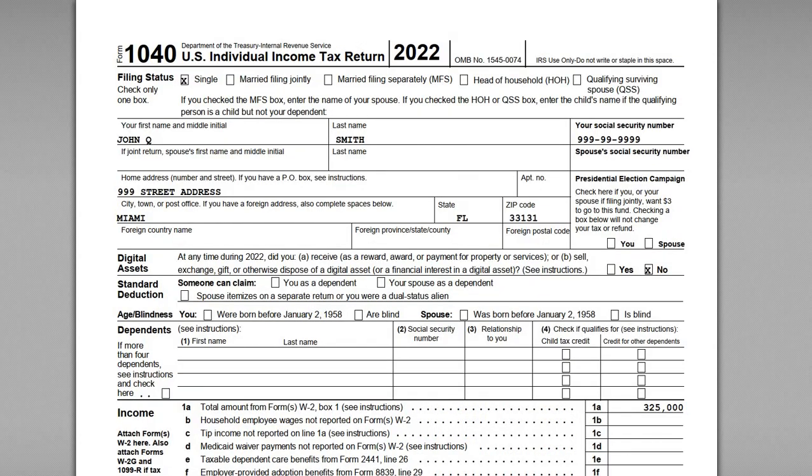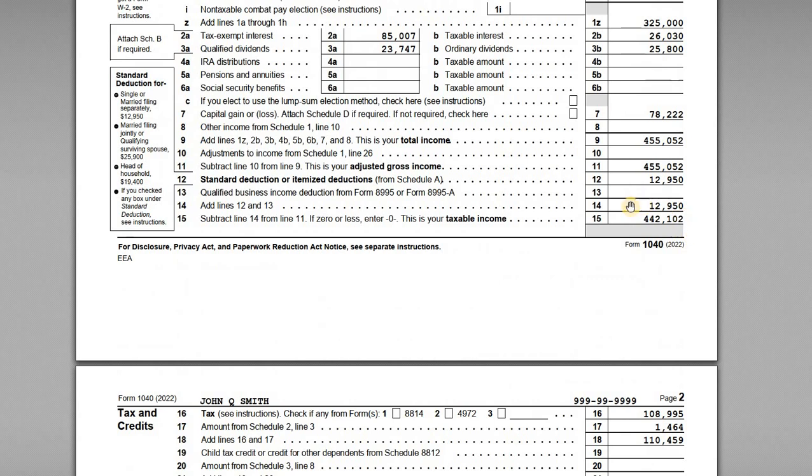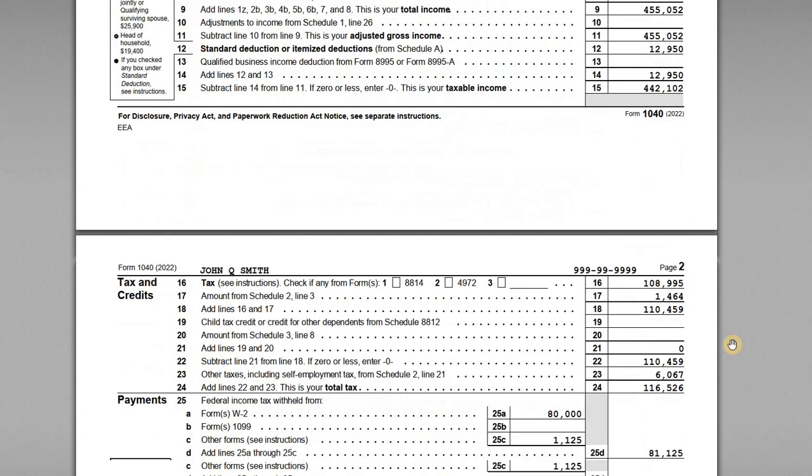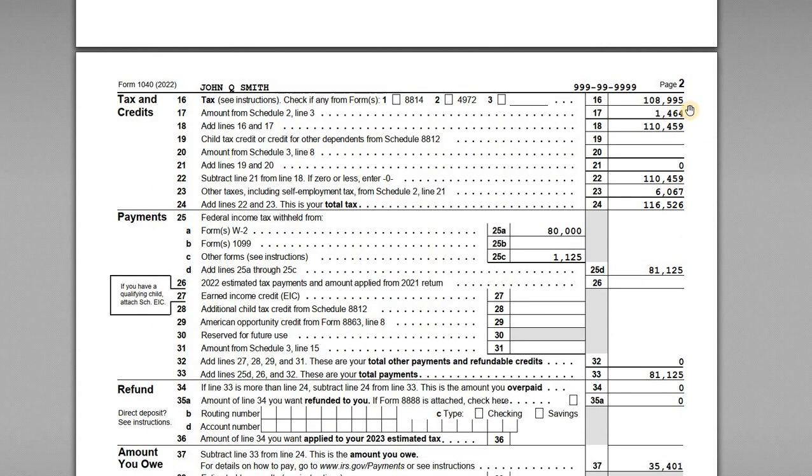And so if we look at page 2 of John's 1040, we can see there's the $108,995 that he computed on his taxable income here for regular federal income tax purposes. Again, that was using the qualified dividends and capital gains worksheet. And then he has an addition there for the AMT. So Schedule 2, Line 3 is where we have that $1,464, that AMT amount. And so the adjusted tax liability that John has for the year is the $110,459 before accounting for the NIIT